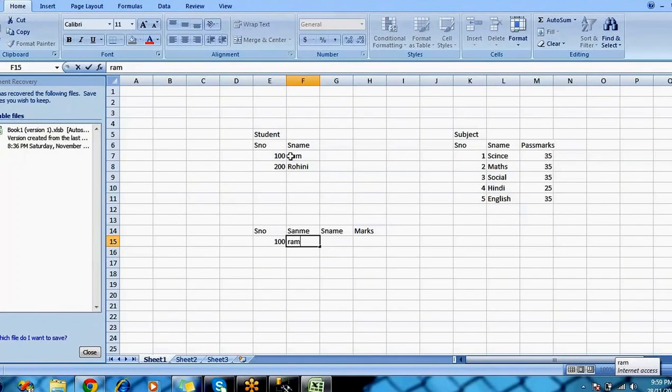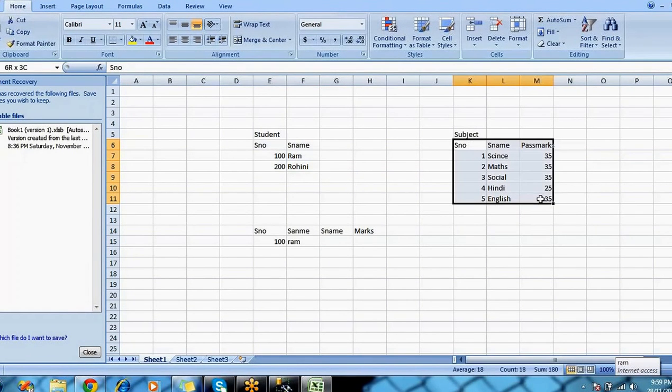So whenever you apply a cross join with the student table and the subject table, it will take the first row, and this first row will combine with all the rows. It shows the different combinations, and it will copy.